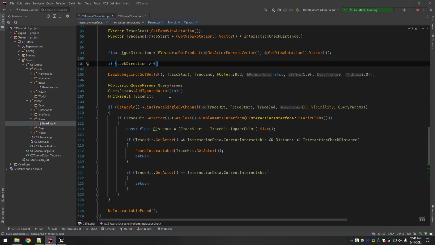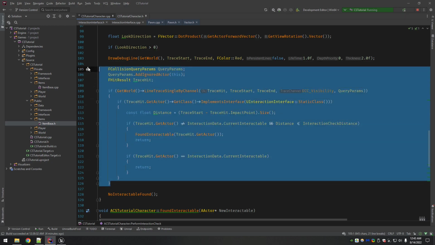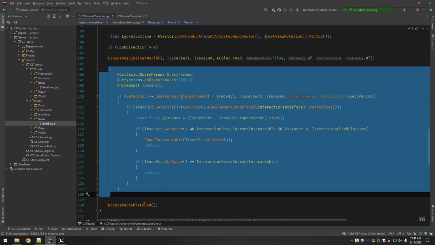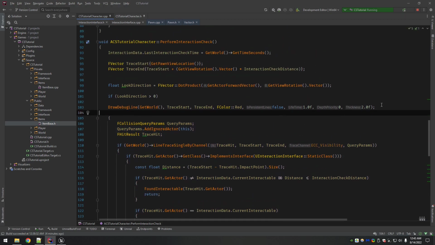Now, this is saying if they're pointing in the same direction, then you can do all of this. And so I'm going to wrap that in brackets. Oops, I missed my debug. Move this down just a little bit. There we go.